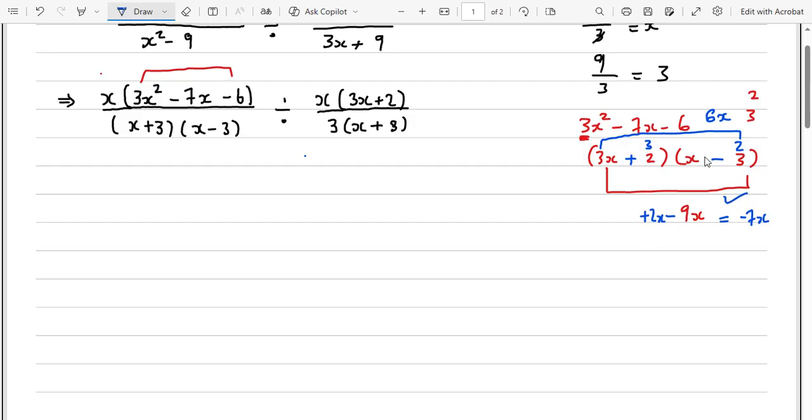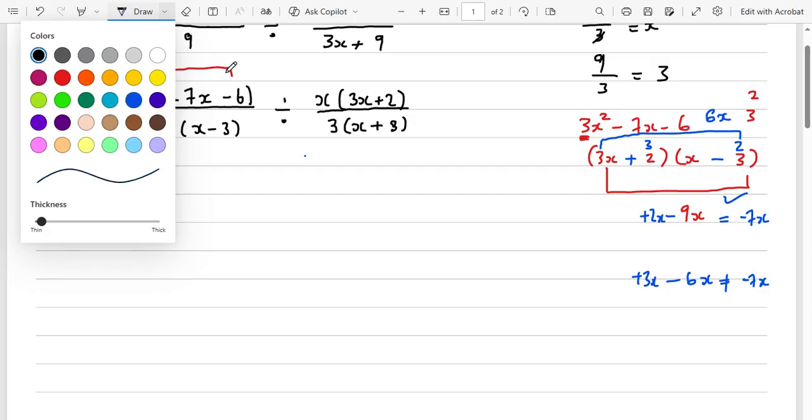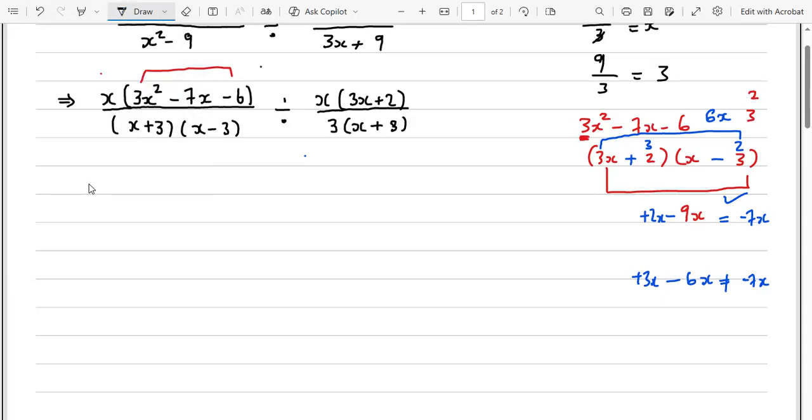Let's check that one. So this will give us 6x. So this will give us minus 6x, and then we add 3x. Can you see? This is not equal to negative 7x. So that one won't work. So this tells you that the best way to factorize this is to write it like this: x into (3x + 2) into (x - 3), and everything is divided by (x + 3)